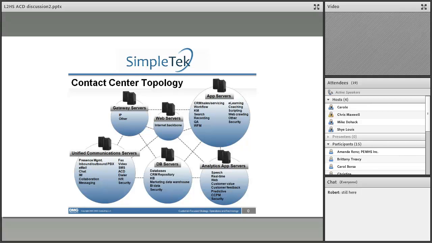So it's referred to as contact center throughout the industry, and you can see from this diagram that pretty much everything touches everything. So you've got the servers and that. You've got different applications, and you can see some of the features that are embedded into there, like recording, questions and answers, workflow. You also have the unified communications piece of it, which is where you can get into fax, video, texting, email, social media, collaboration. You can have outbound dialers. There's a lot of different things here. And then the integration piece goes into applications and database servers.